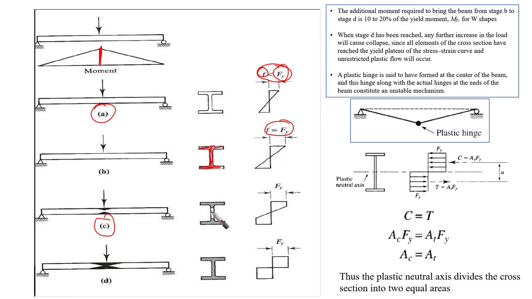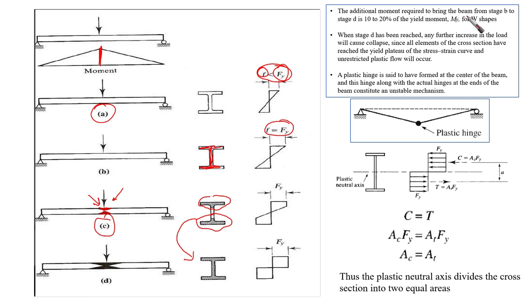we're going to find part of it is going to be in the plastic range, and the fibers at the middle of the beam are going to be, as you can see here, something like this, like the fibers yielding top and bottom. Okay, and then after that we go to the last stage, where the additional moment